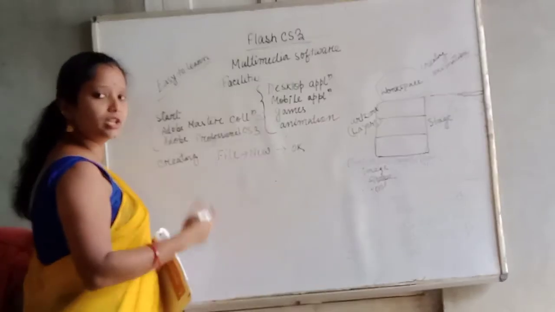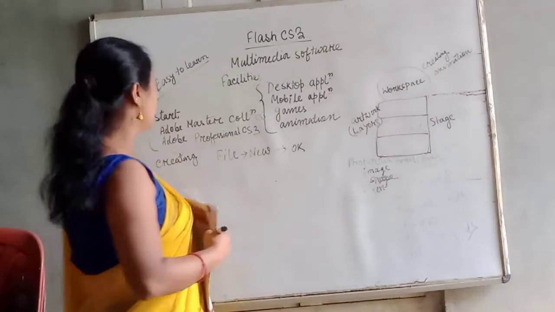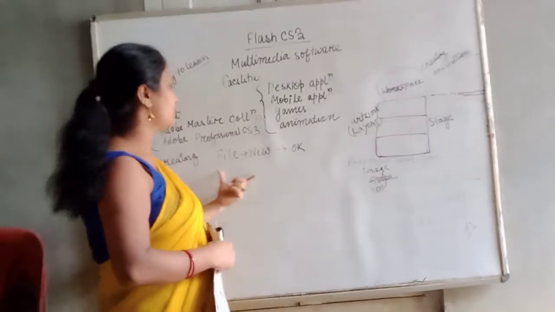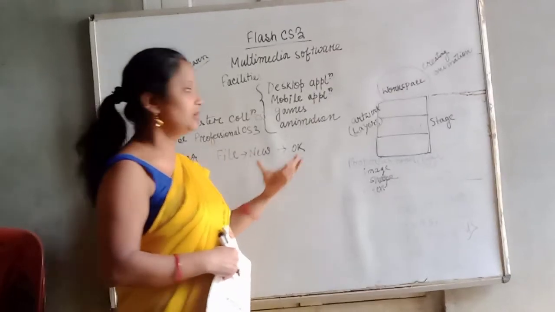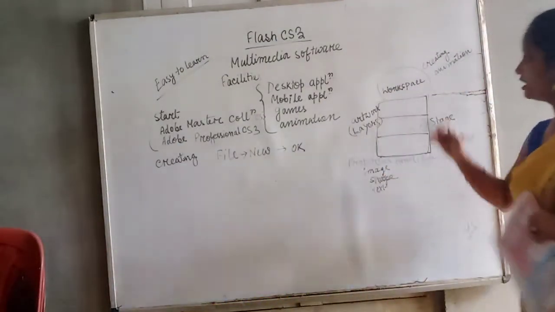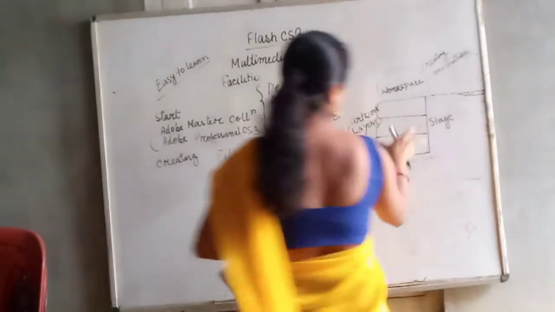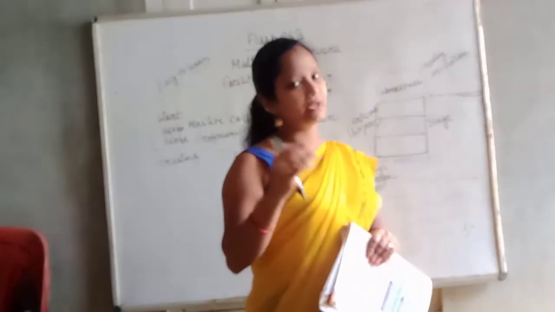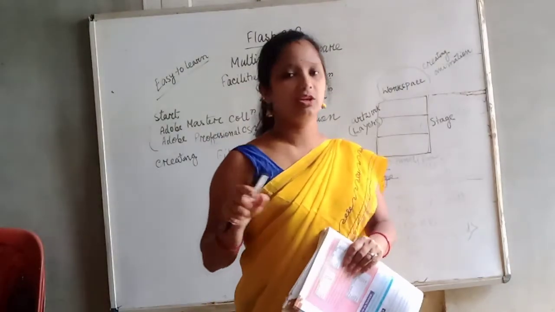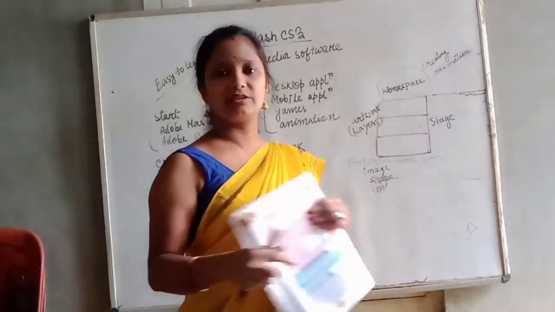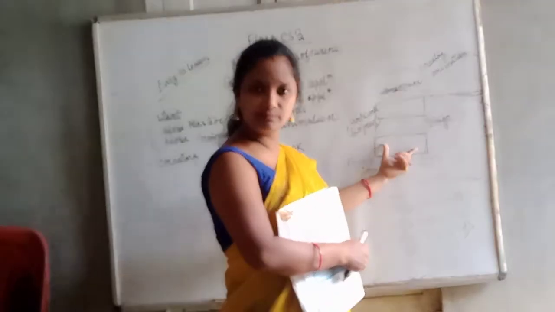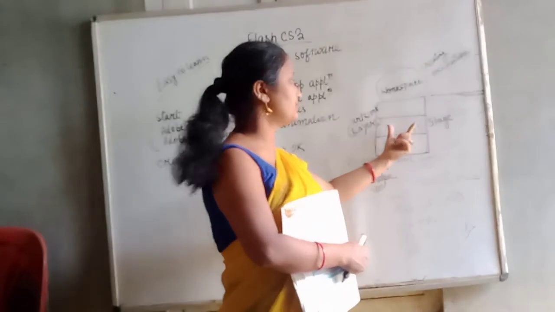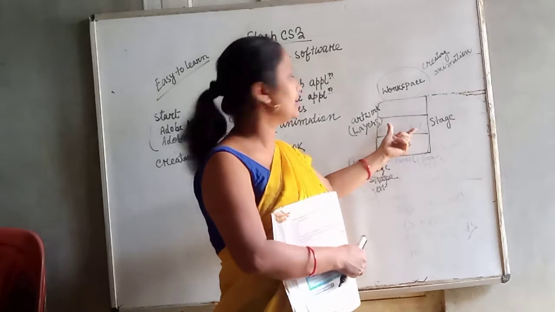So how can you create a Flash document? First you have to go to File, then New, then OK. This way you can create a new document. Now you see this white page. In Microsoft Word you get a white page, and in Excel you get a ruled page. In Flash CS3 you get a white space. This white space is called the workspace, where you do the work of Flash.